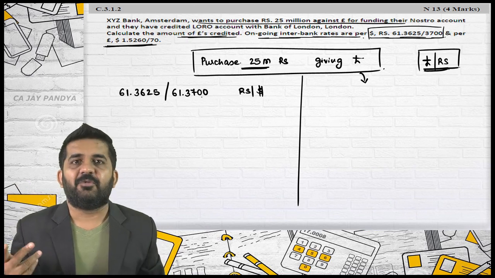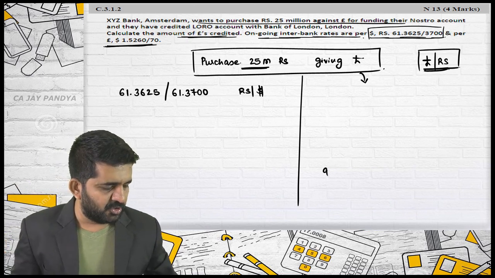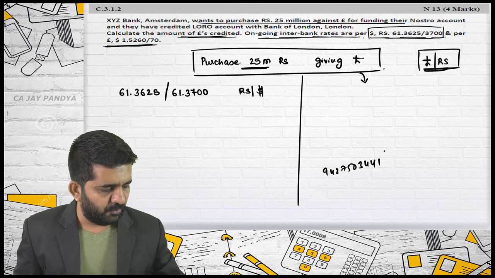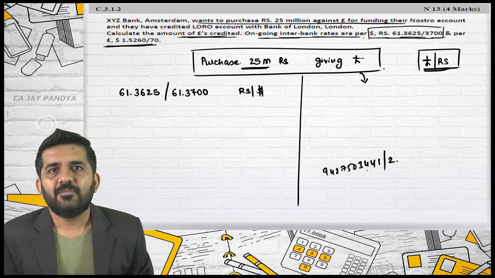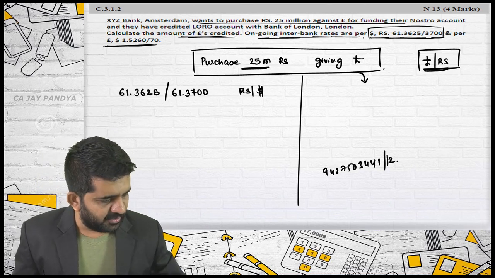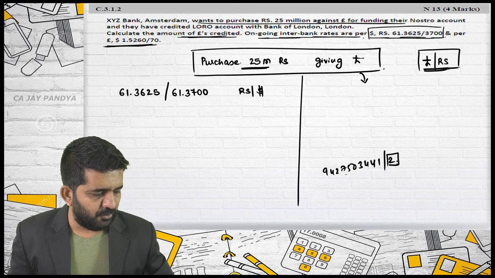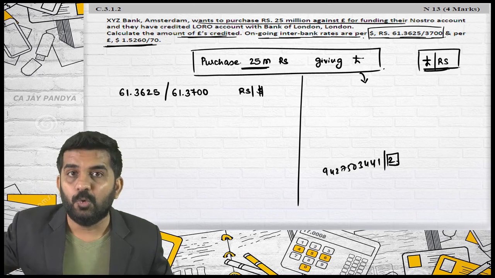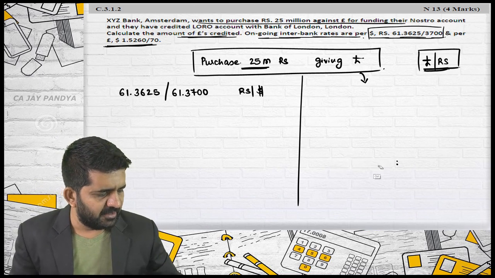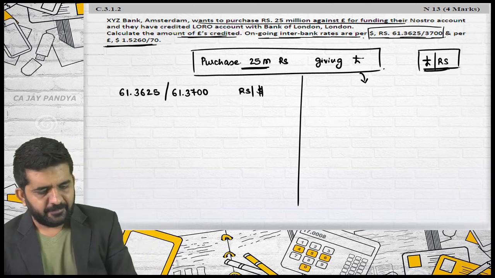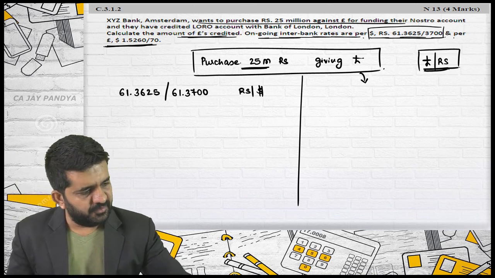This is the way in which sometimes people write down their mobile number also. My mobile number is 9427503441/2. That does not mean my second mobile number is only 2. My second mobile number is 9427503442. So it is just quoted in that manner. This is a quotation which we are having.